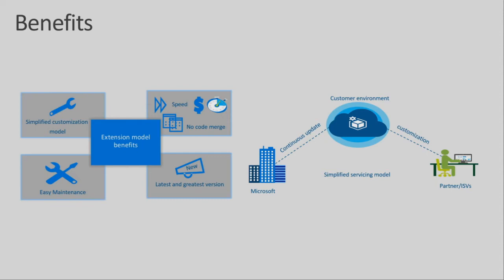So you can now independently update your customization, and if you sign up for continuous update, we can push the update continuously, or you can take and apply whatever update you want on demand. You no need to do any code merge. That's the main reason why we did that code sealing, to make sure you get all the servicing and upgrade benefits, because previously in all the other versions, this took considerable effort. Every time you had to do a code merge, do analysis, seeing what has changed and why it has changed. Now you no need to worry about all of that. That's the main reason we did that sealing.